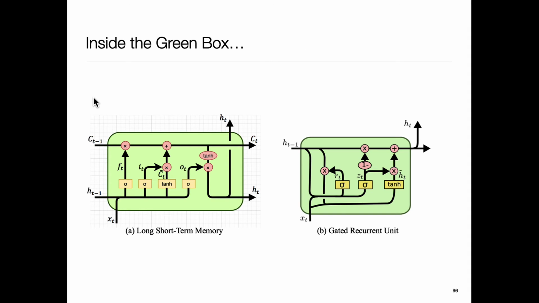Then the next question is what happens inside it, where it takes the state and the current input and produces the next state and output. Much of the work which has happened is really exploring different architectures for this green box, what goes inside. And what people are worried about is whether there are ways in which I can remember things which are way in the past. So sometimes we organize these things hierarchically. You'll have one RNN layer which will handle short time scale stuff, and then the next higher level stuff will operate at a coarser time scale and coarser time scale.